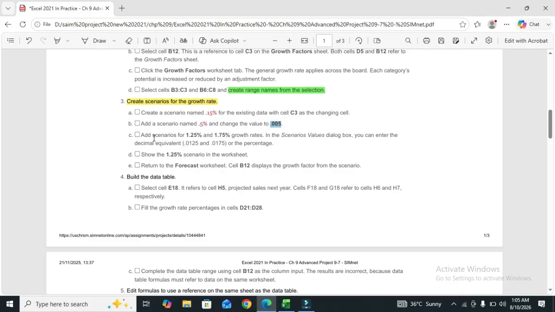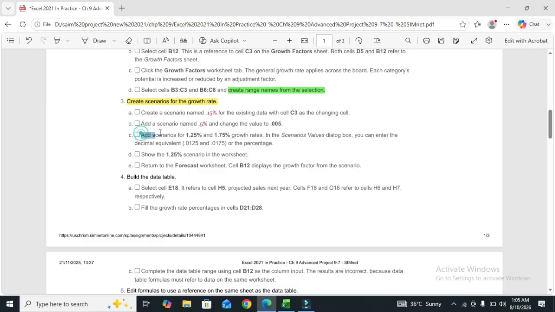Step C is add scenarios for 1.25% and 1.75% growth rates. In the Scenario Values dialog box, you can enter the decimal equivalent, 0.0125 and 0.0175, or the percentage.